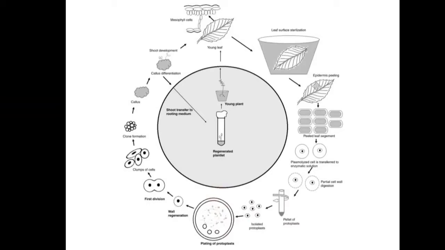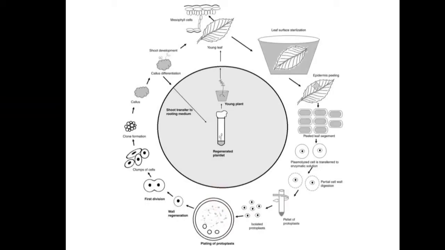which is supplemented with auxins and cytokinin to help the growth of the protoplast. To prevent osmotic problems in this medium, 13% mannitol is added, and 1.5% agar is added to the medium. The culture is then incubated at 25 degrees Celsius in the presence of dim white light. For wall formation, calcium chloride and ammonium nitrate are added to this medium.